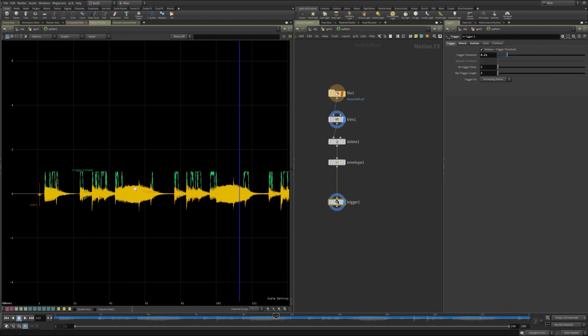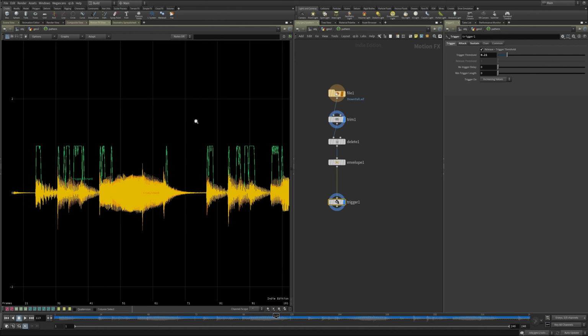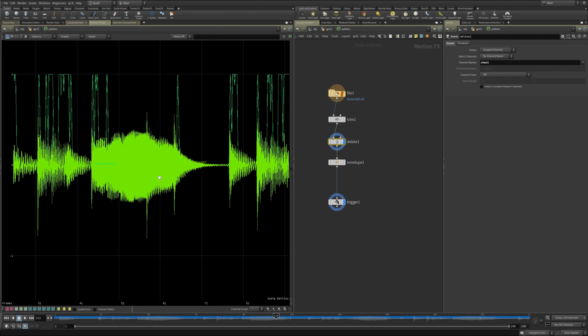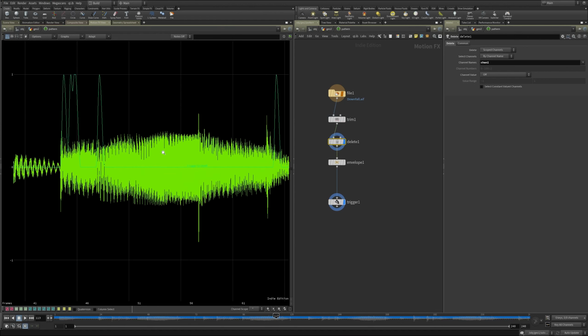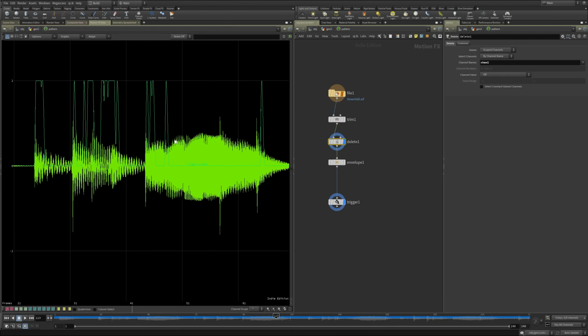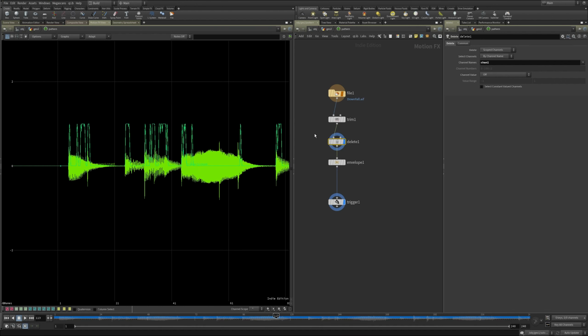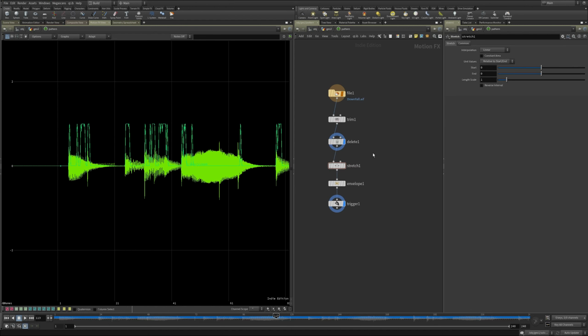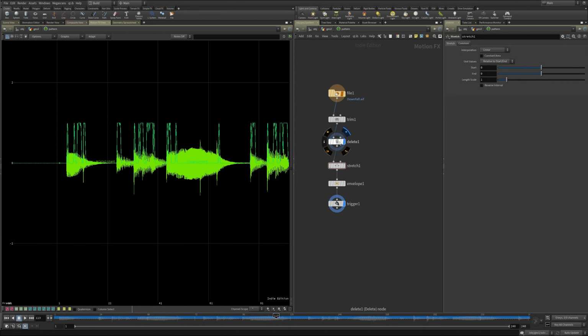That might be pretty close. I'm still in here. These values are so similar. Let me turn on the delta one rather than the dual channel. These values in here are so dense and so tightly packed that there's not enough room for this trigger chop to register the differences that I'm hearing in the audio. So a way that I came up with to help with that is there's a stretch chop, which will do exactly what it sounds like. I'm going to disable this for a second.